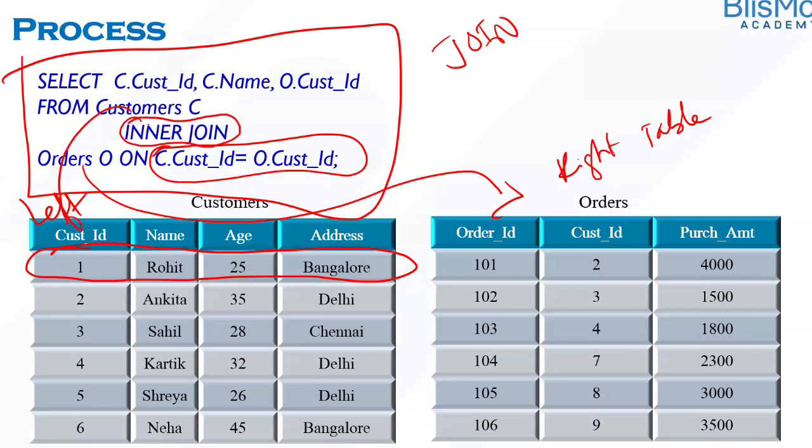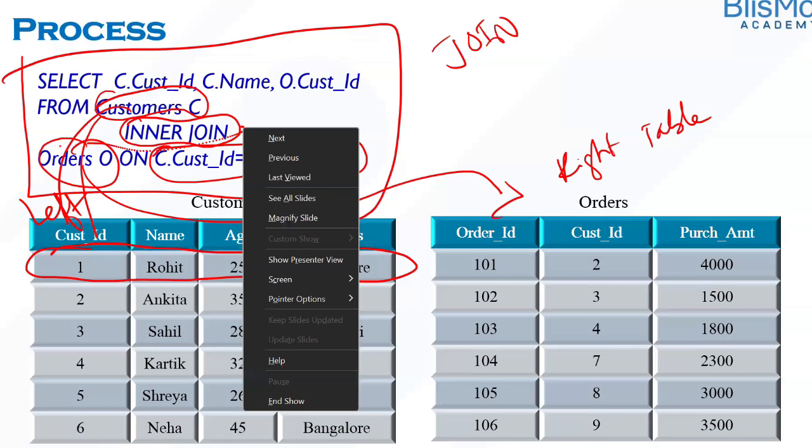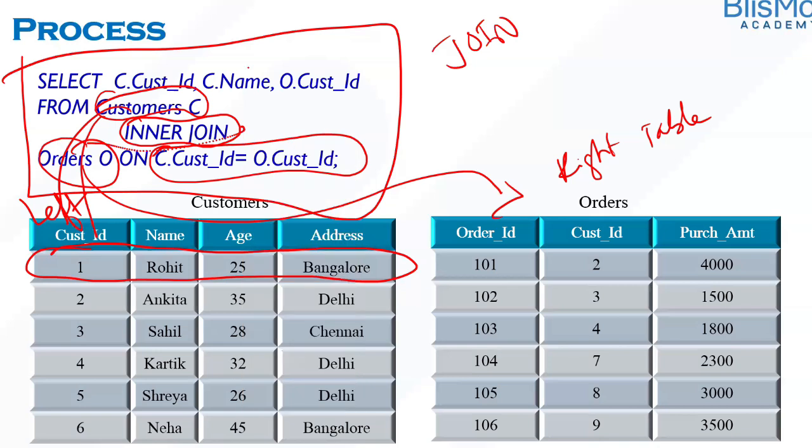This keyword, the join keyword. Whatever table is mentioned on the left side of this keyword is the left table. Please pay attention. Whatever table is mentioned on the right side of it is the right table, because it is pushed down here. That is the reason it is the right table. You guys got it, right?